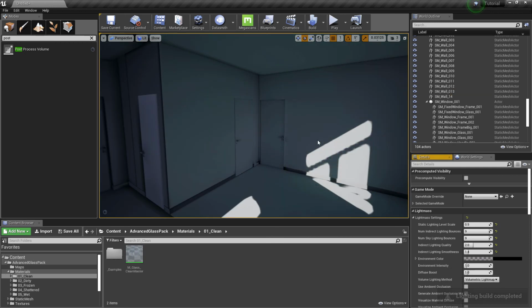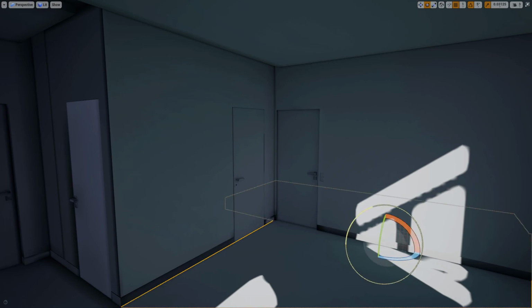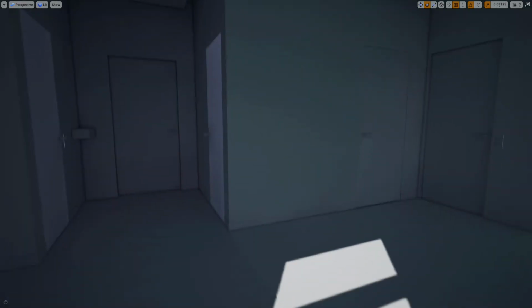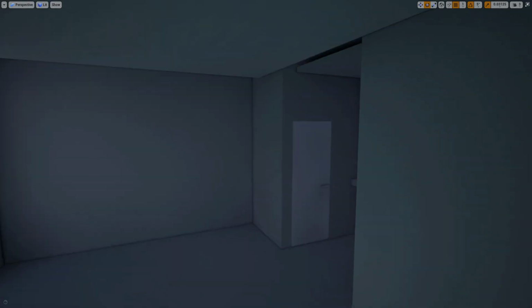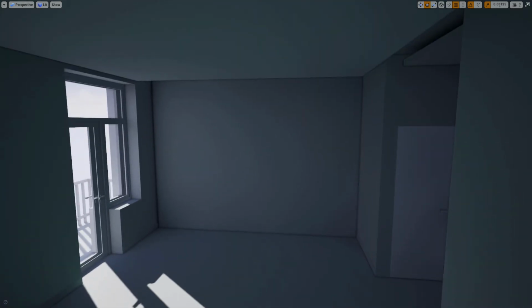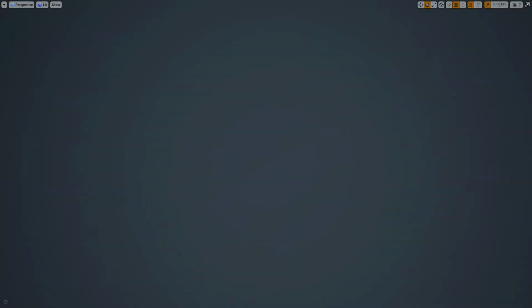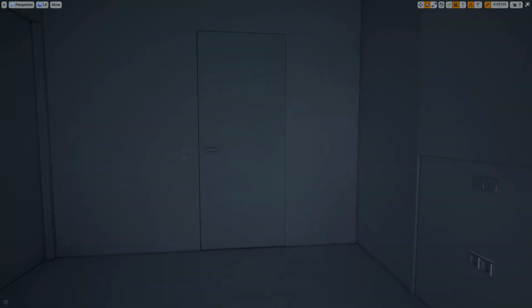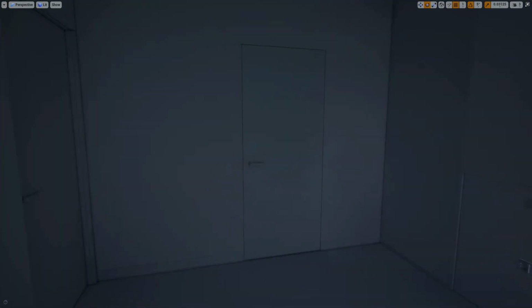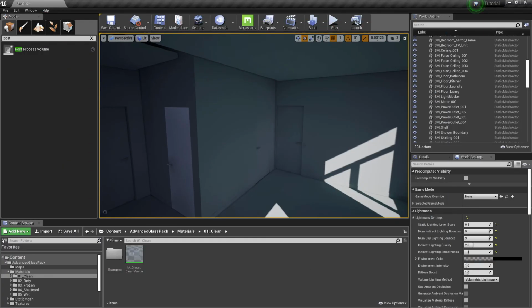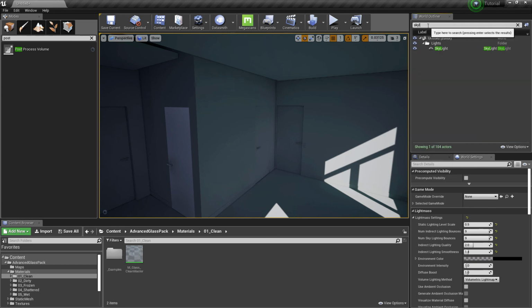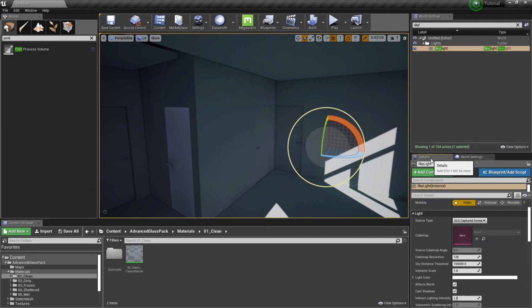We are back again and the build has finished. Everything is looking much better and clean now. I think the light is a little bit less inside.